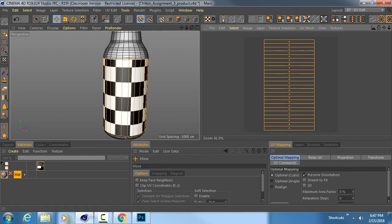Moving on to the next step is a kind of tricky process. Sometimes it can be easy to mess up. So I would recommend watching this next section all the way through, and then going back and doing it, because it's easy to mess up, and as far as I'm aware, Cinema wants you to set this up in one go, and you don't want to mess anything up because it can make your life